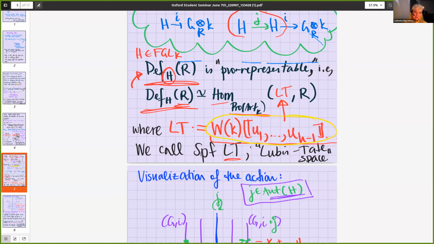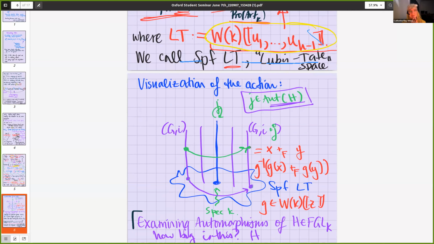So, it's not associated with the symplectic group. Although I do think it is a very interesting question, what the analog of a symplectic form should be in characteristic P. And I think people are thinking about that more seriously recently. But that's not what we're talking about in this talk. Maybe in another talk.